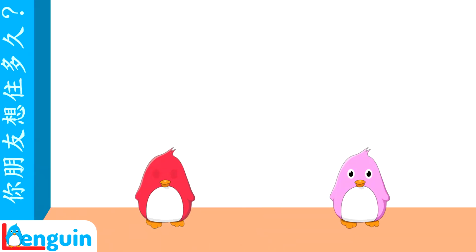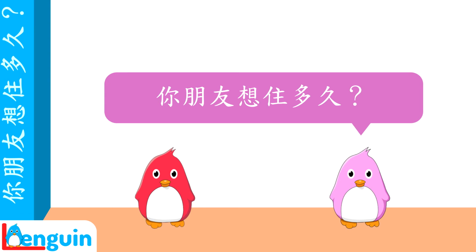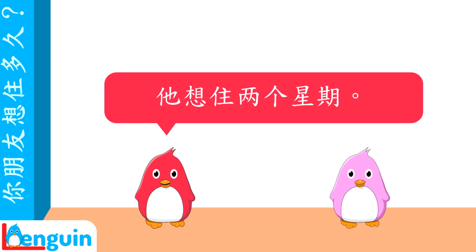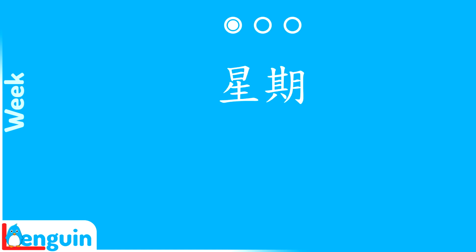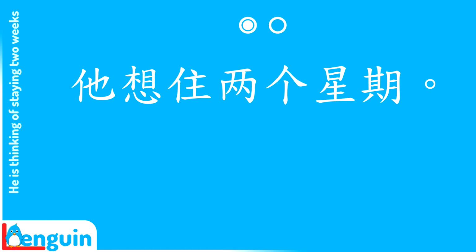Now you're asked about a friend who's come to Taiwan just for a visit. Listen. 你朋友想住多久？ 他想住2个星期。 Repeat the word for week. 星期。 Repeat, he is thinking of staying 2 weeks. 他想住2个星期。